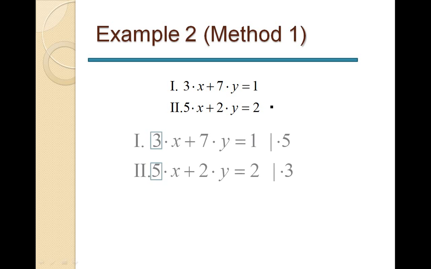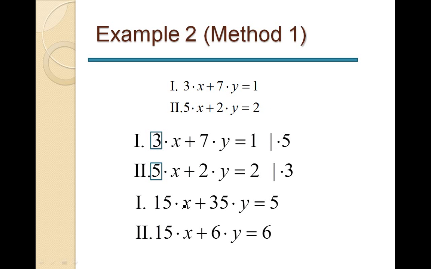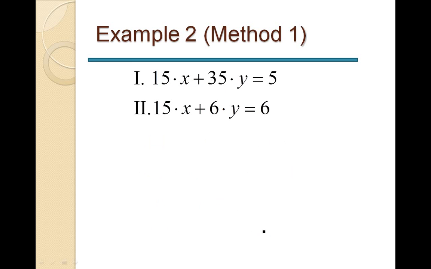So what do we get? I've written this down, so what we get is 15 times x plus 7 times 5, which will give you 35y, equals 1 times 5, which will give you 5. And in the second equation we get 15x plus 2 times 3, which will give you 6y, equals 2 times 3, which will give you 6. Now we have this pair of equations. What do we do next? We just subtract them. So the easiest way is just to subtract 1